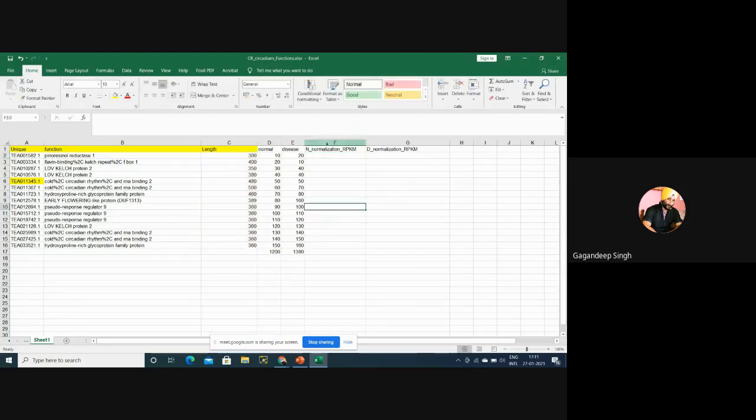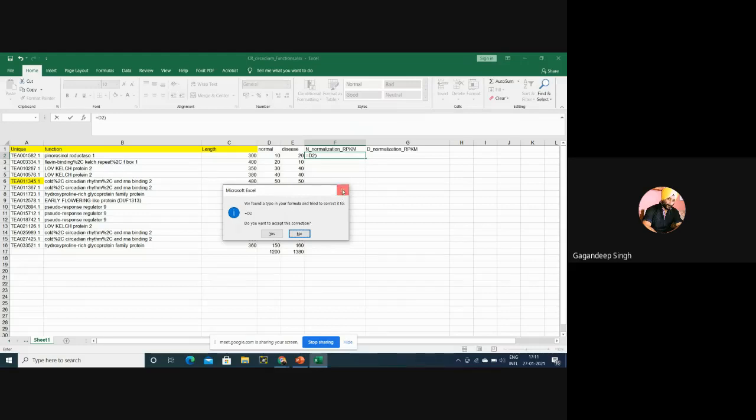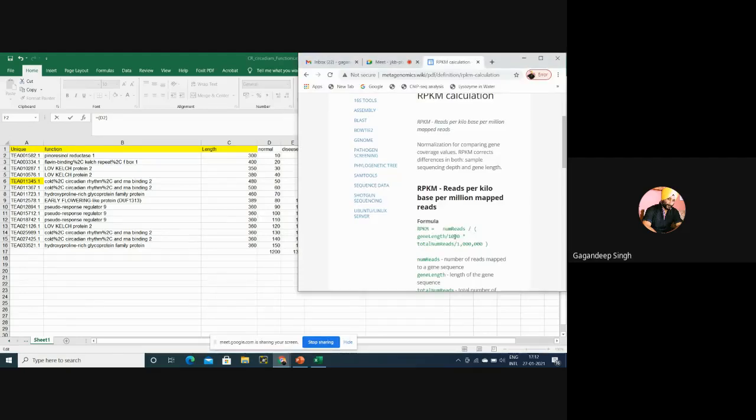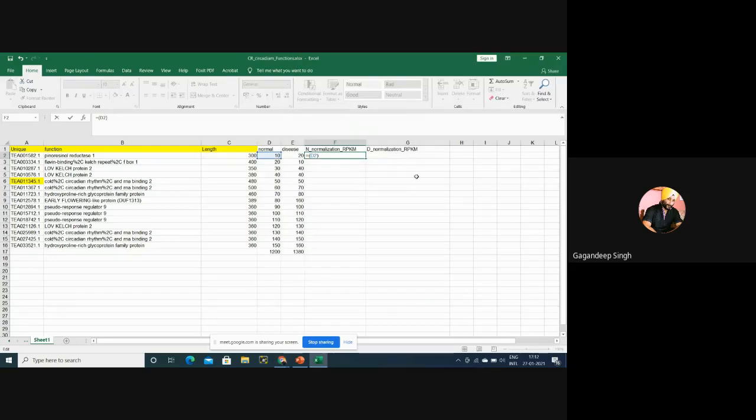Again, I'll repeat, is equal to, first of all, number of reads. Reads are only 10. In bracket, number of reads are 10. These are number of reads, mapped reads, of reads divided by gene length. What is the length of gene? Started from here. This is the length of gene